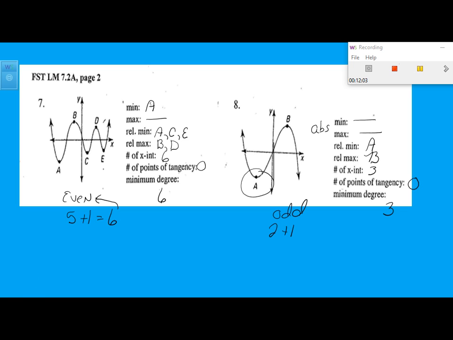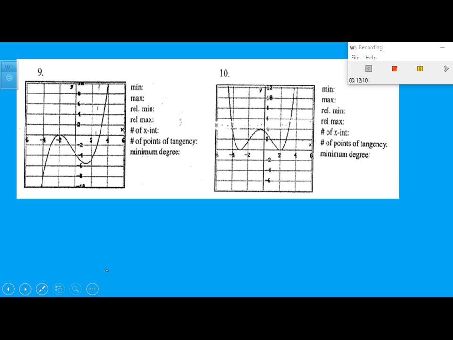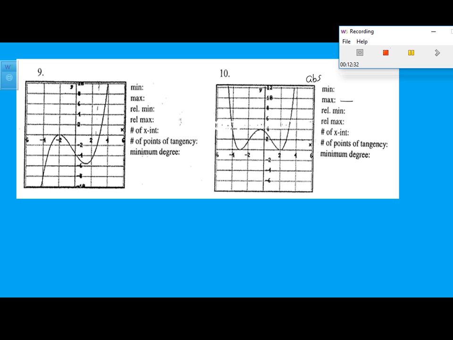Now let me peek on number 9 or number 10. I won't do them both. Let's peek on number 10. Absolute maximums and minimums. Well, notice that this goes up forever. So there's no absolute maximum. But there are some absolute minimums. Now, we're going to name these as ordered pairs. So it looks like I have an absolute minimum right there